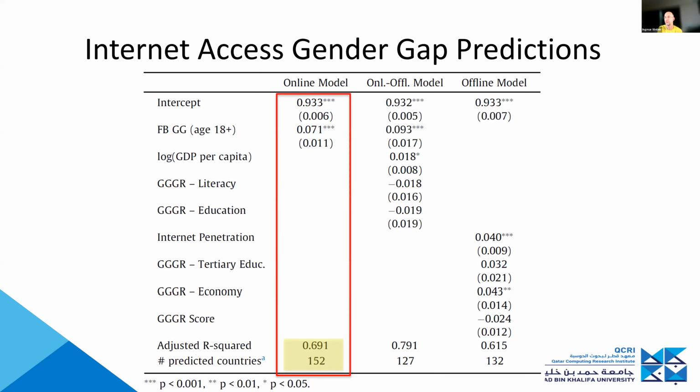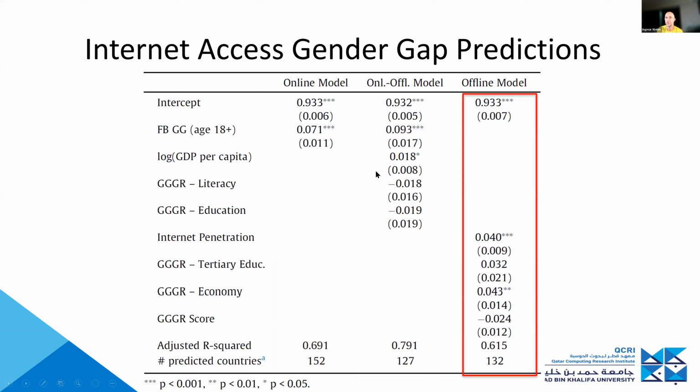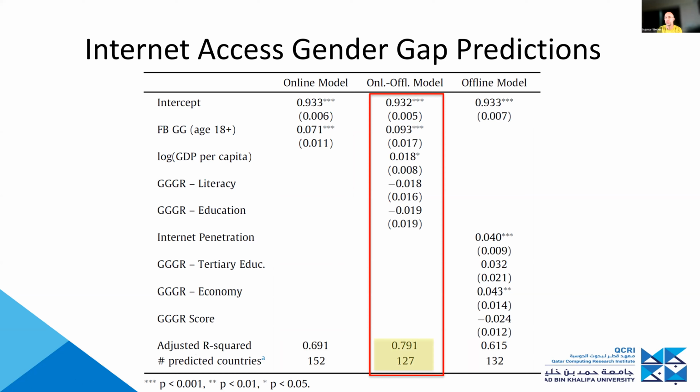Now you can compare this with a more traditional econometric model that potentially could use a lot of variables. In this particular case, after feature selection, it picks up features related to internet penetration and data from the global gender gap report on, for example, higher education. Using all these features together, it only explains slightly less, 61% of the variance. And then if you combine the two, you kind of get the best of both worlds. So you have a very nicely fitting model. But now you're relying on 2 data sources being available, so that means that you can't make quite as many predictions.